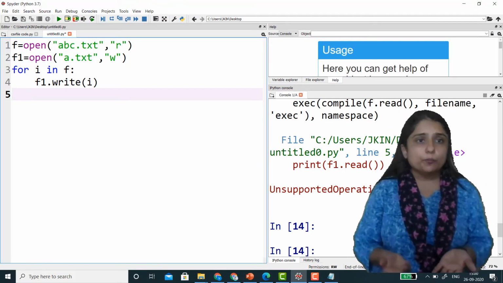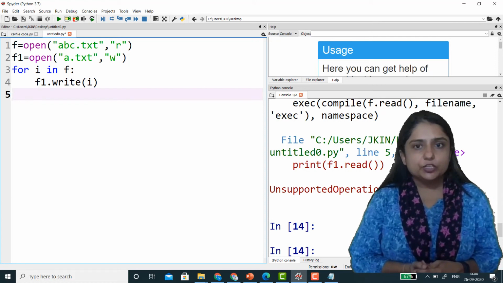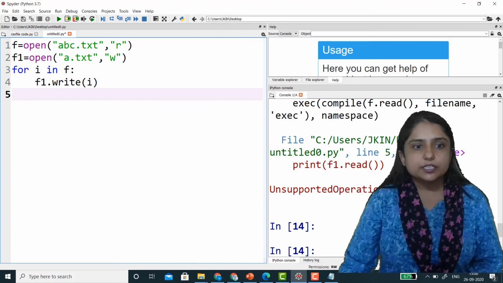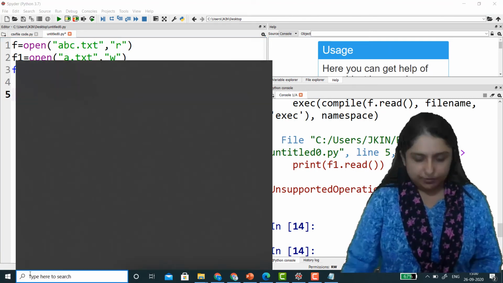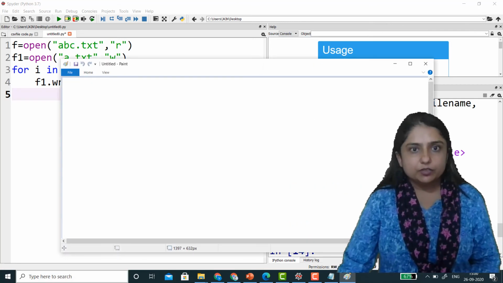Now, if I want to open an image file, how can we open it? Let's see this quickly. Here I'm using Paint, and I'm copying an image here.